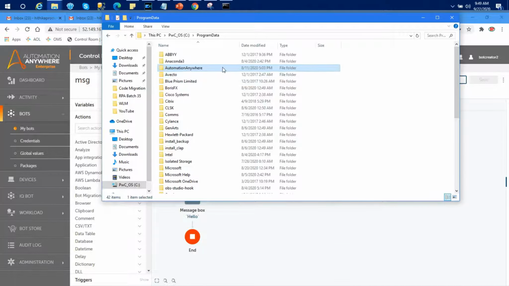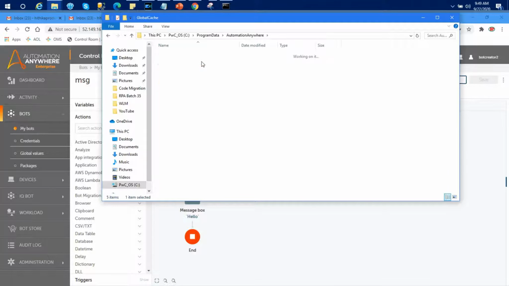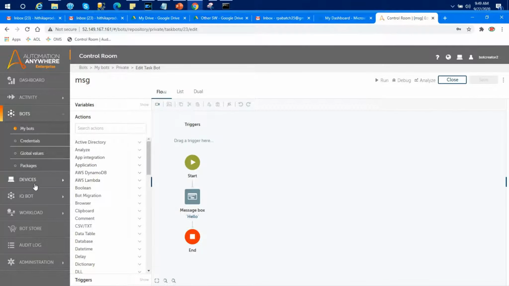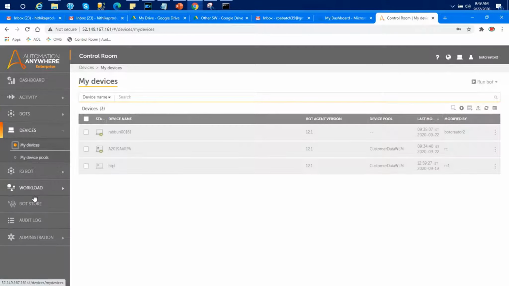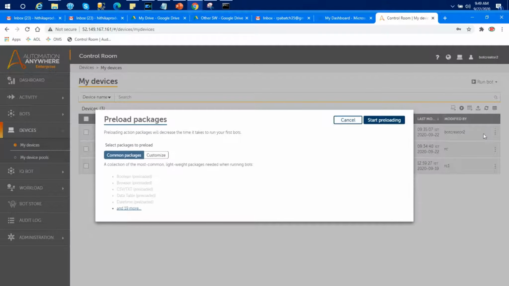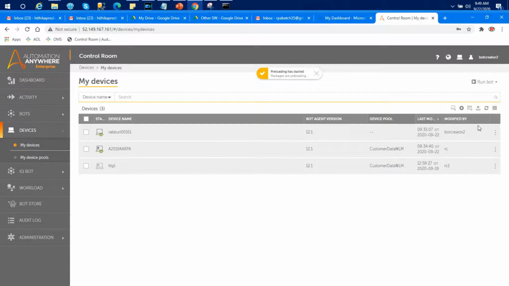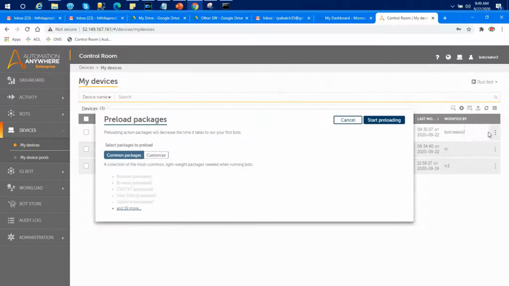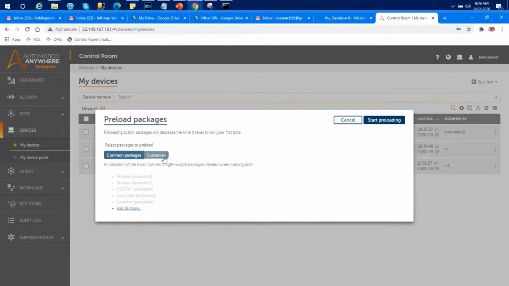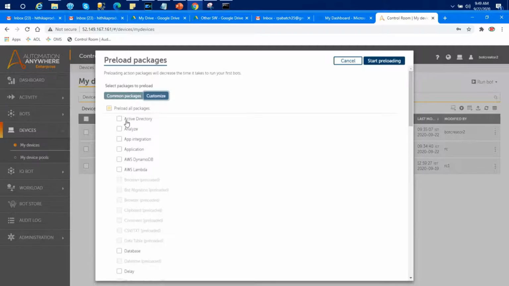Once you give the right permissions or full control, go back to your devices. This is the machine. Here you can see Preload packages. If you click on this, it starts preloading all the packages. If you want to customize, you can go to Customize and select whichever ones you want.